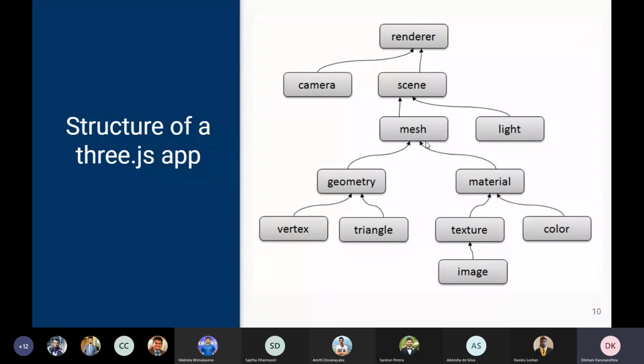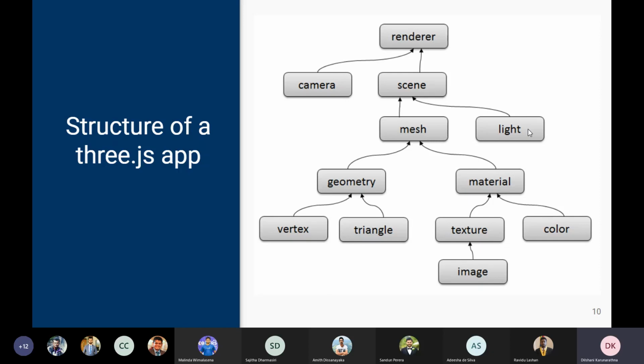Like if you want to create a cube, the cubic shape comes from the geometry, and the matter from which it is made comes from the material. Together it forms a mesh, the cubic object. And the mesh object represents drawing a specific geometry with a specific material. So both material and geometry can be used for multiple mesh objects. For example, if we want two blue cubes in different locations, we could use the same geometry and the same material object and specify the location separately for the two cubes.